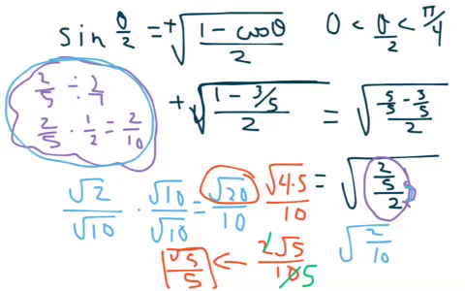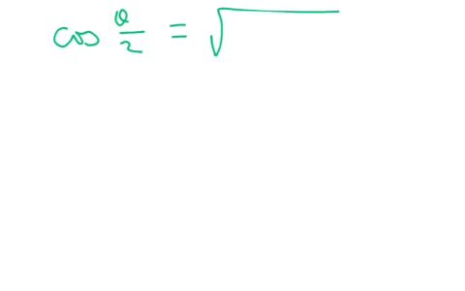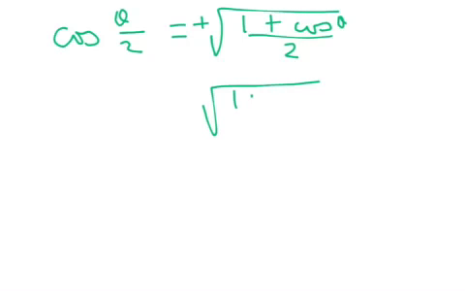Okay, same thing for cosine. Cosine of theta over 2. We're still in quadrant 1. So this is going to be square root, and our square root is going to be a positive. 1 plus cosine of theta over 2, which is a square root of 1 plus 4/5 over 2, which equals